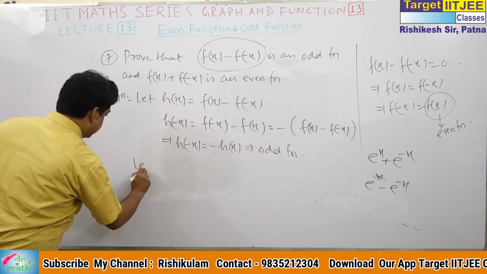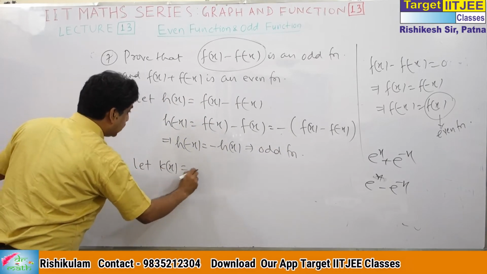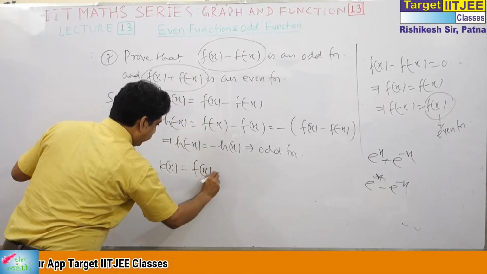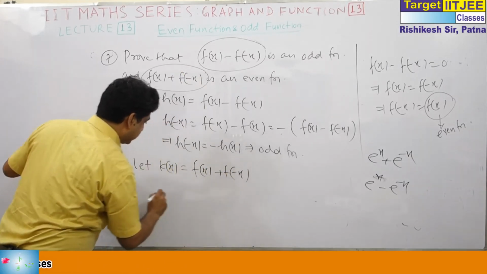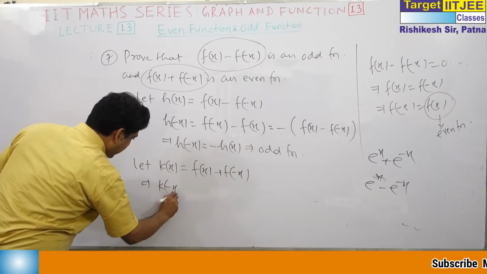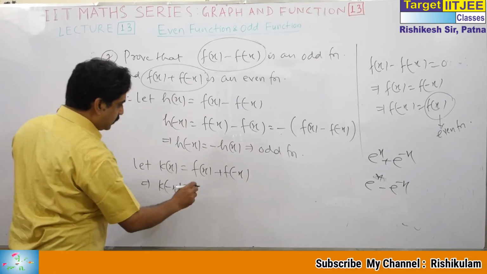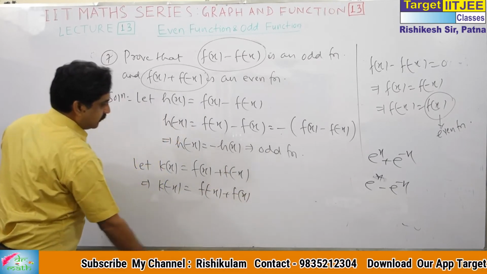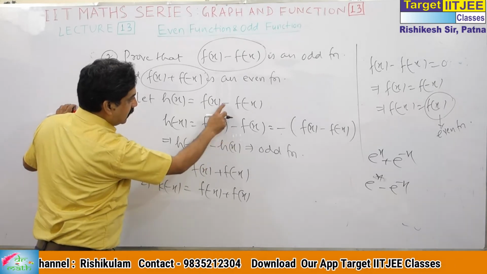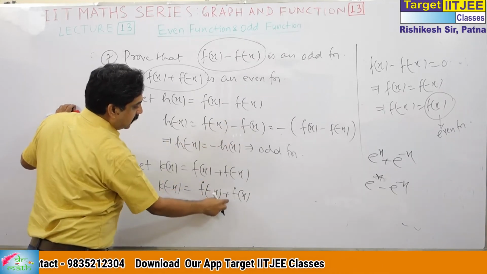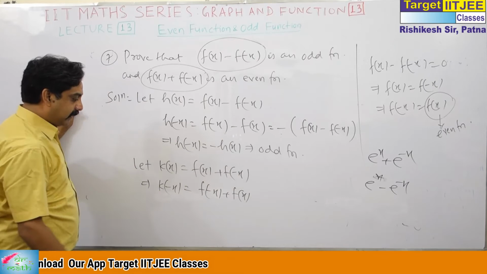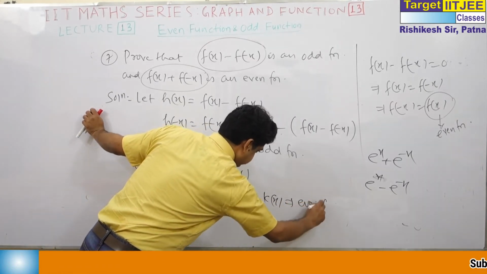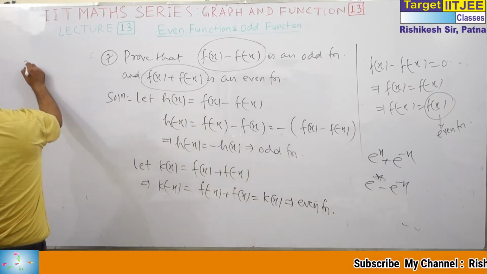Likewise, you can say kx is equal to fx plus f minus x. So what is k minus x? K minus x is f minus x plus fx. Now it becomes the same. Here the sign changes because they change position. Here there is plus, changing position doesn't matter. So kx is an even function. This I go up to question number 7.